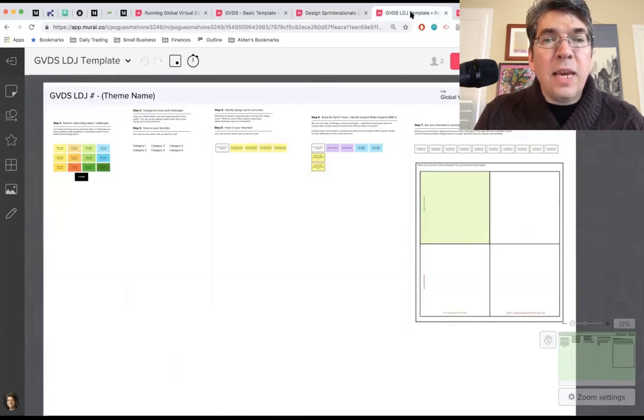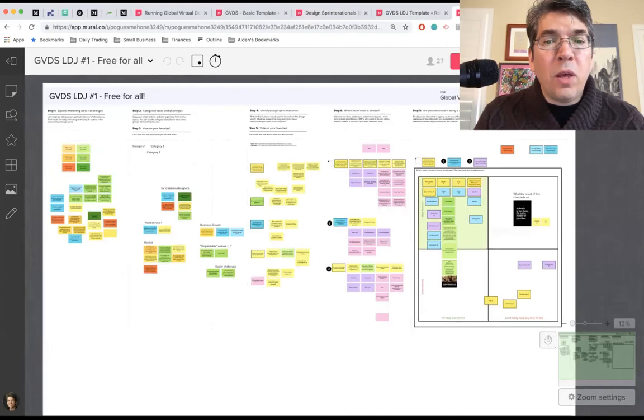Same thing with the LDJs that we did to generate the challenges that I had listed before. Here's the base template. Start off at the very beginning of the first step with generating some ideas at a free-for-all, categorizing them, doing some affinity diagramming, voting, figuring out what kind of sprint team is ideal for this challenge and the outcomes, and then an effort-impact scale to figure out where things go. And here's an example of the first free-for-all we did. People followed along, started organizing things, affinity diagram, got the challenges out.